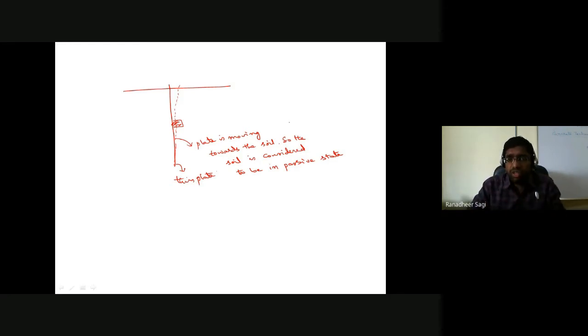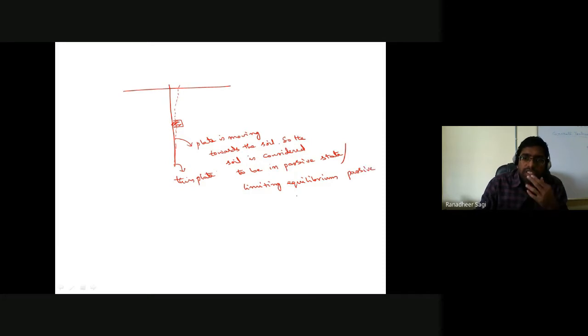So just at the verge of failure, how much is the amount of passive earth pressure that was developed? Because the maximum stress in the horizontal direction that the soil mass or the soil element can resist before it is said to be undergoing failure is what I can otherwise call the limiting equilibrium passive state. So just at the verge of failure, when the passive state of earth pressure is developed in that soil, what is the maximum horizontal stress that the soil element or the soil mass can be subjected to before it undergoes failure in the passive state? So that's what I'm representing here.